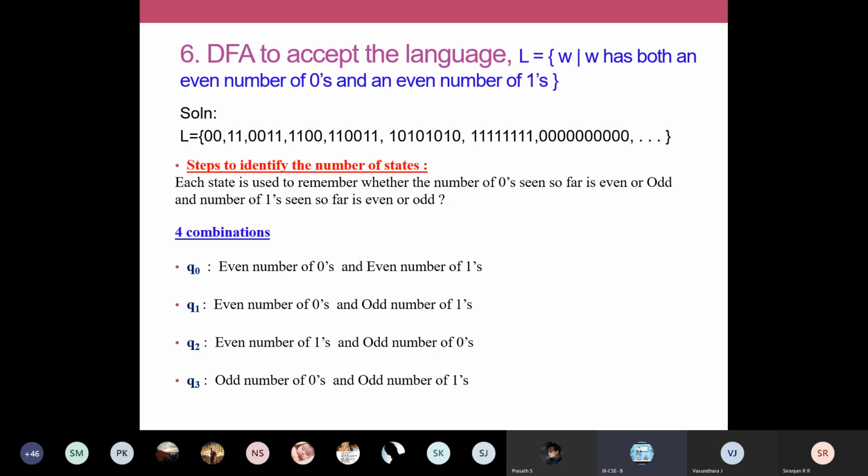Shaktivel, unmute yourself and answer. What are even numbers?